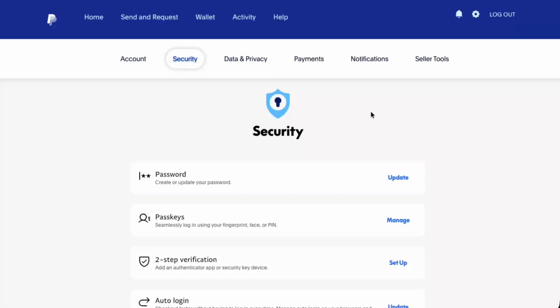After confirming, the Authenticator app will be disconnected and your account will go back to using only the remaining security methods you've set up. And that's all you need to add or